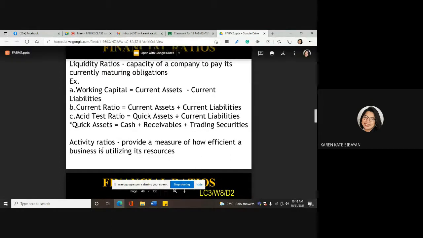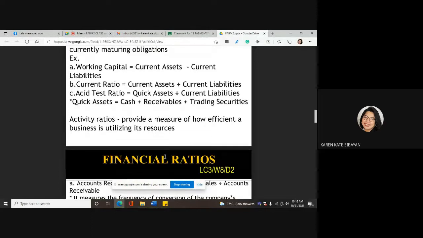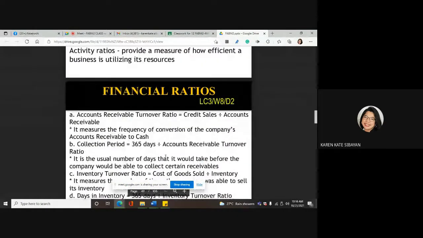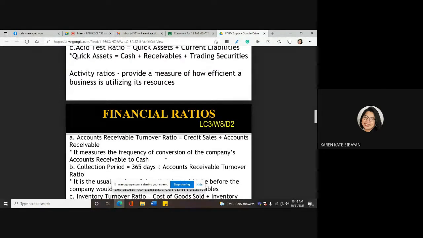Yan. And of course, yung activity ratio, this provides a measure of how efficient a business is utilizing its resources. Meaning to say, malalaman mo kung natutulog lang ba ang cash mo sa isang bagay. Okay? Or na wala kang cash kasi hindi maganda or hindi effective yung collection management, hindi ka nakakasingil. Meaning to say, yung dapat na pinapaikot mong pera, ayun, nandun pa sa umutang sa'yo. Okay? So anyway,